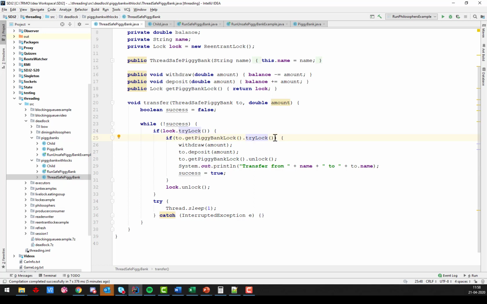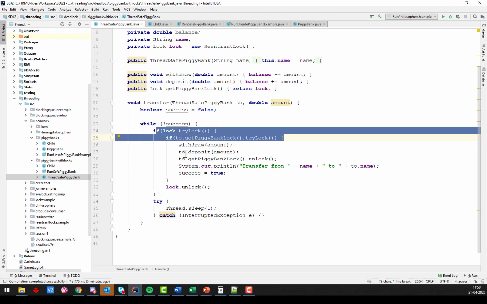And if we do not succeed because that's already locked, then we return false here. We do not go into the if statement, and we just unlock. We have to manually unlock the one that we locked up here, and then we sleep for 1 millisecond. We'll try again. If we successfully manage to lock both piggy banks,